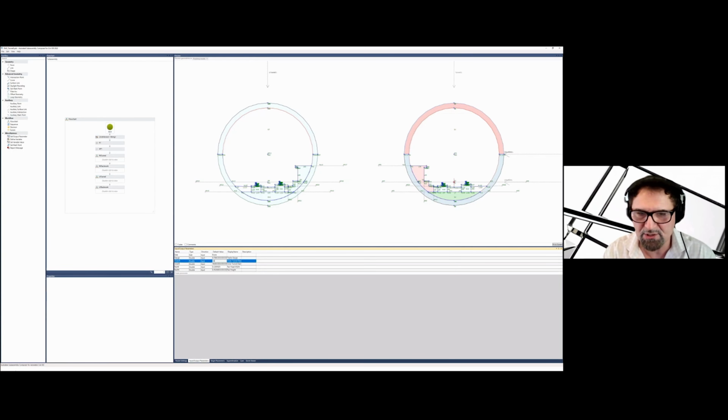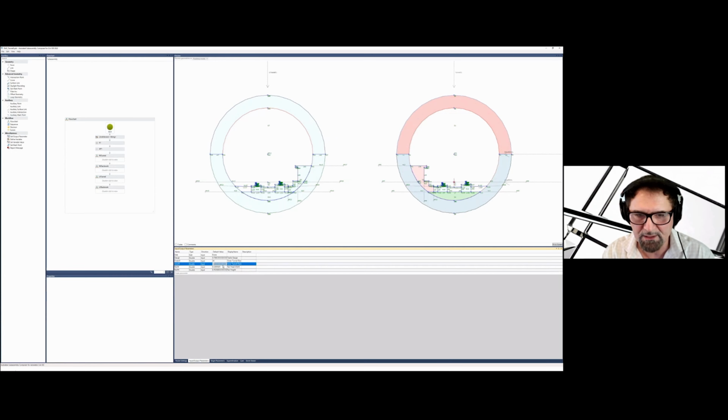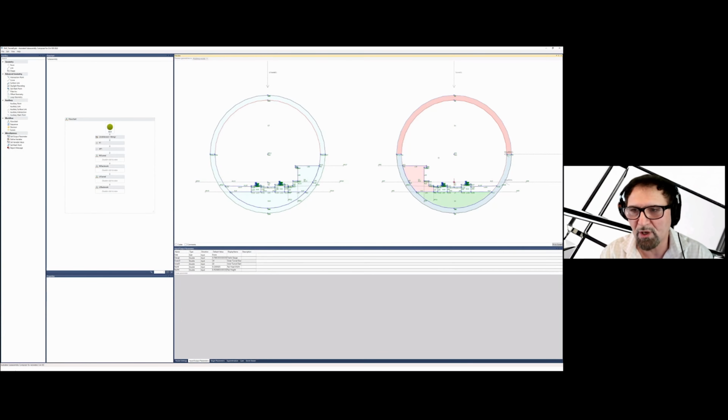Let's say I want to change the outer structure to 24 feet and the inner structure to 22 feet. Notice how the structure will update and the display will follow my changes.